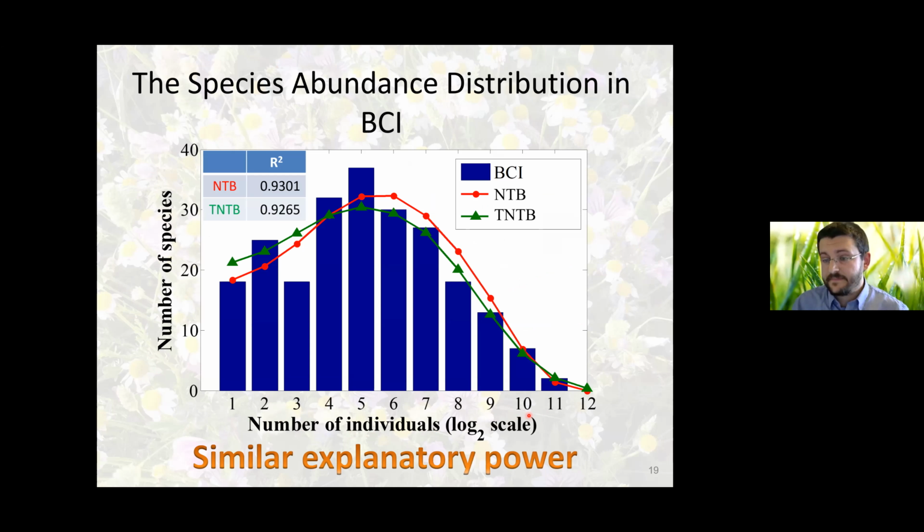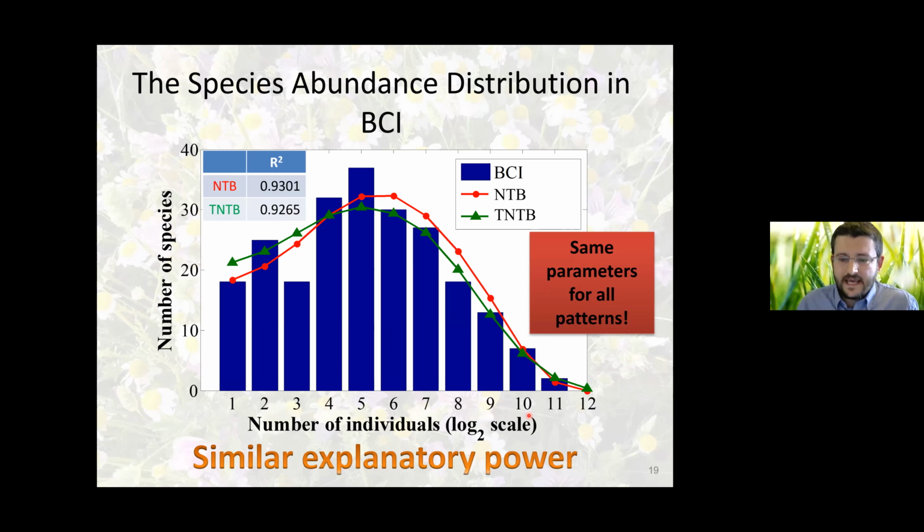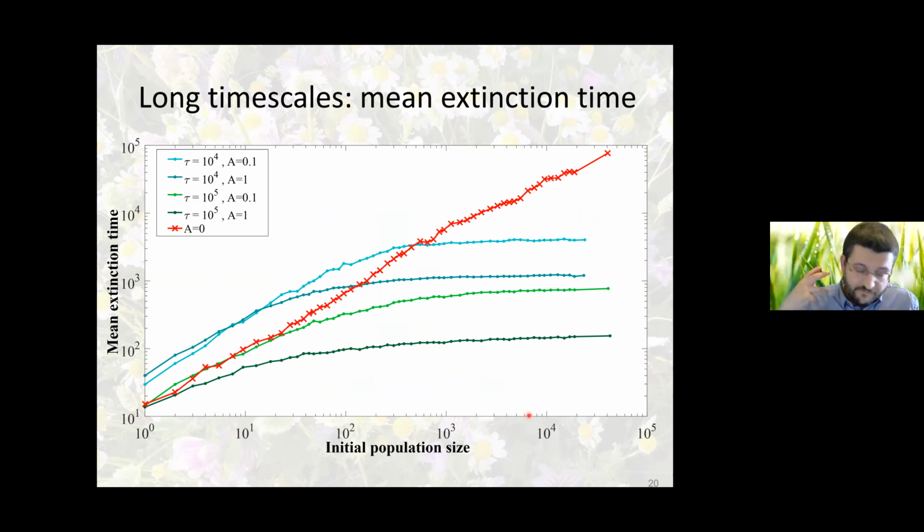Okay, so I started with saying that neutral theory predicts very long times until common species go extinct. Can the TNTB solve this issue, at least to some degree? Unfortunately, I don't have information about long timescales, so this analysis is purely theoretical. But when I simulated under various regimes, populations with different initial abundances, and saw how long it will take them to go extinct,